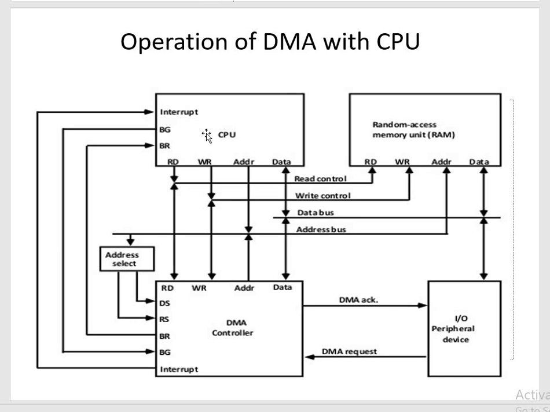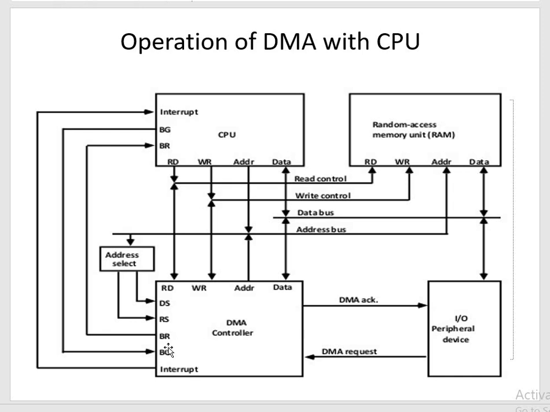All these things are set for the DMA by the CPU, through programming. Once the starting addresses, number of words and mode of operation are all initialized within the DMA controller, the bus grant control signal is released by the CPU,